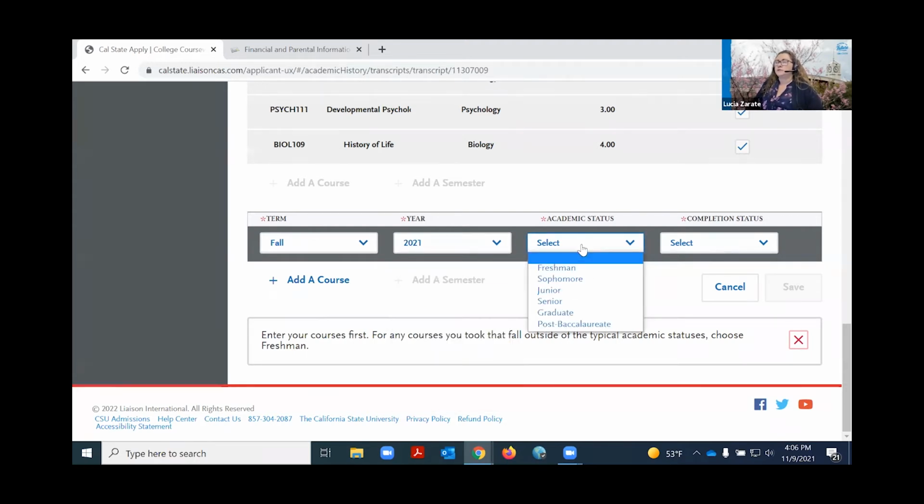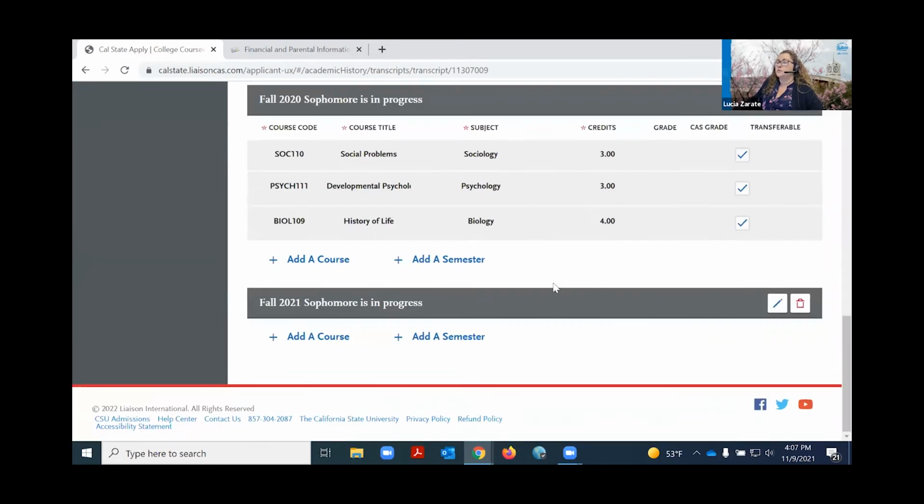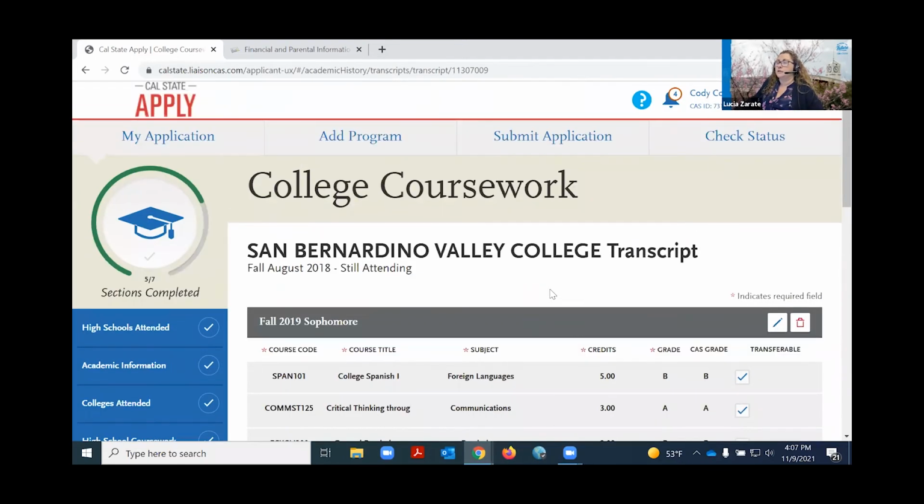A lot of students get stuck on this question, like academic status. You could put whatever, but generally you're a freshman or sophomore level because that's the community college level. If you're at a university, it may be a higher academic status, but mostly that's what it is. Don't get hung up on that question. We don't really check that very much. Again, if you have a grade, you're going to put completed because then you enter in grades. But if you're in progress, if you're taking it in fall or spring, you're going to put in progress plan, save. And then now I'm going to go ahead and enter in my fall